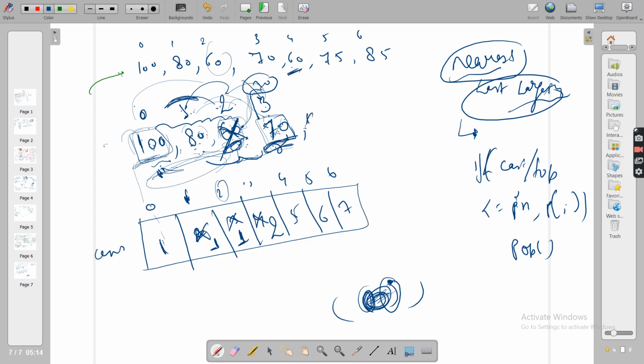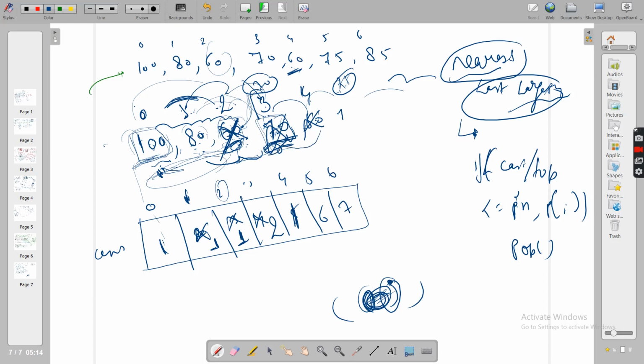So for 60, who are the blockers? Just 3. So for index 4, it is 4 minus 3. For 75, see guys, 75 will see all the nearest elements. 60 is lesser, remove it. 70 is lesser, remove, because if they were the blocker to the right, now 75 will play the role of blocker, because you want the consecutive left. So 75 will come before 60, before 70. So 60 was already removed.